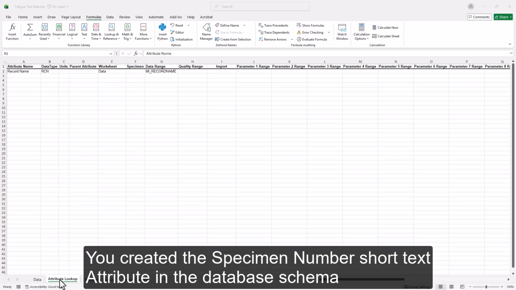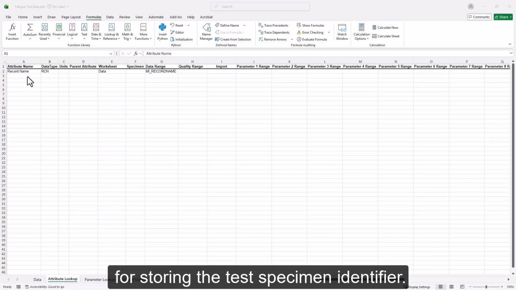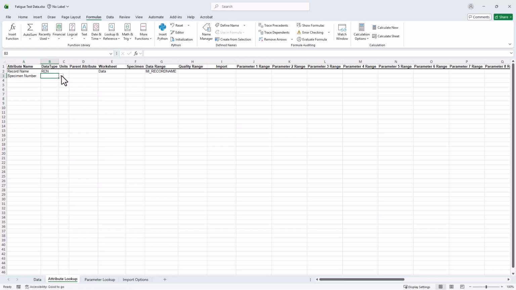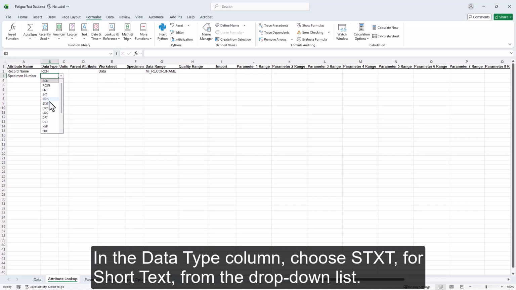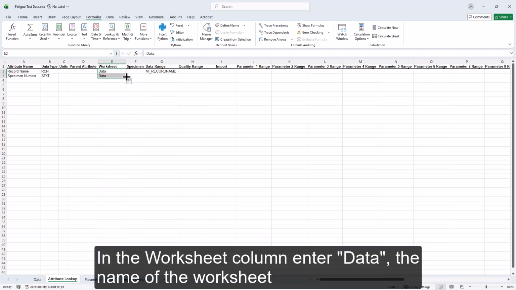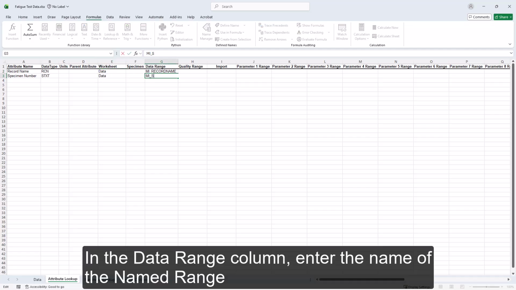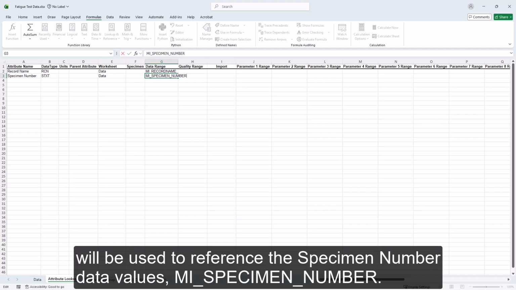You created the specimen number short text attribute in the database schema for storing the test specimen identifier. Enter this in the attribute name column. In the data type column, choose stxt for short text from the drop-down list. In the worksheet column, enter data, the name of the worksheet where the specimen number data is located. In the data range column, enter the name of the named range which will be used to reference the specimen number data values,